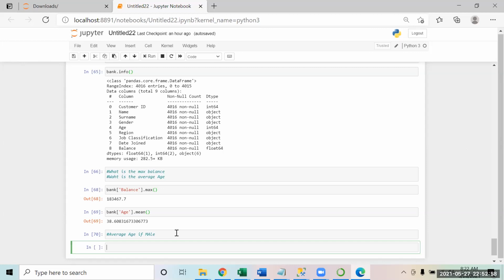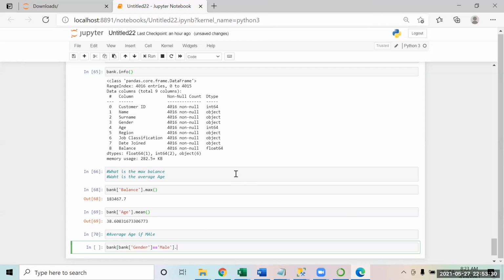Now you have to go step by step. First, you make your data frame, the bank data that you have. How will I make sure that I only get the data of males? I will say bank, square bracket, gender, the column is gender, equal to equal to, male. And then the mean of age.